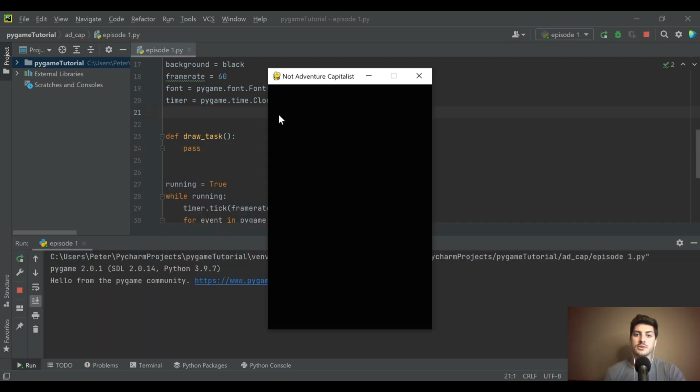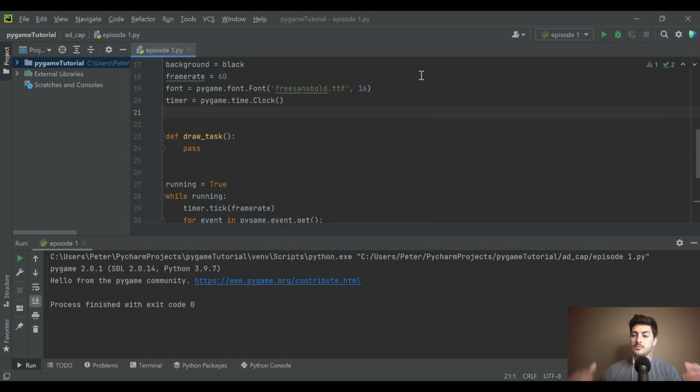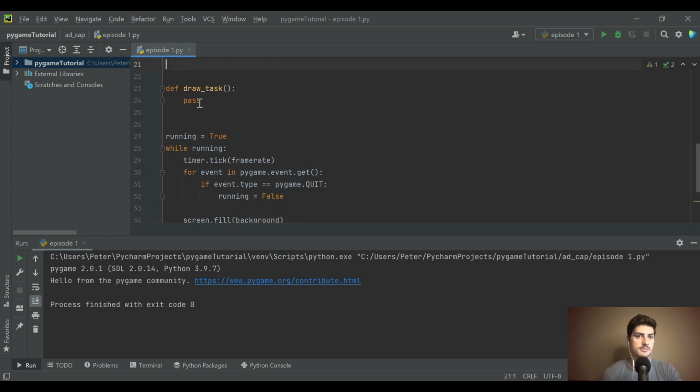I'm picturing a circular button that you'll click on the left side of the screen, and when you click it, it'll have a progress bar on the right side of the screen as it's loading. And once it finishes, that's what actually gets you points and money. So as we get more and more into the game, we'll add the functionality that actually makes it playable, but let's start by creating our objects that we need. So let's start with